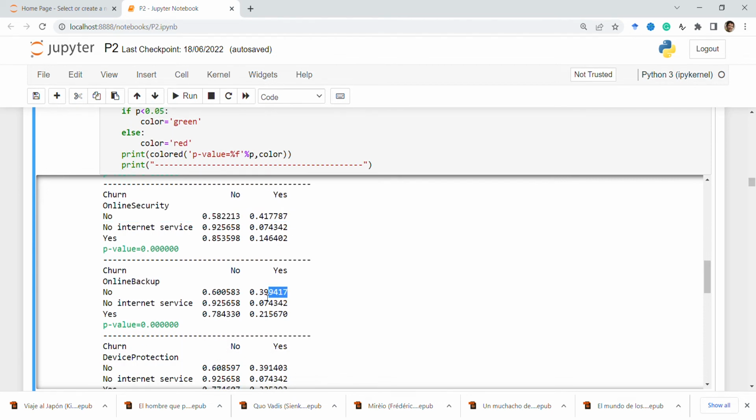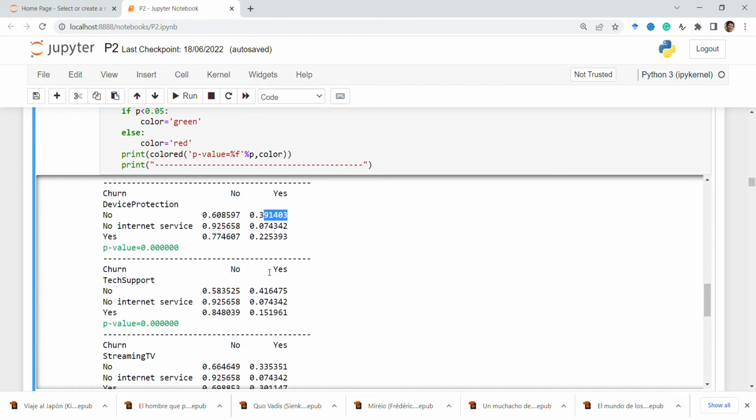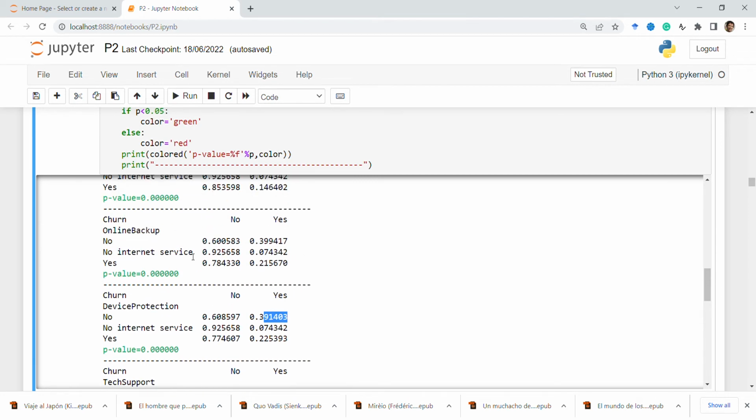Online backup, if you don't have it. Device protection, if you don't have it, again. So we see that there are a number of services like this device protection, online backup, online security, and if